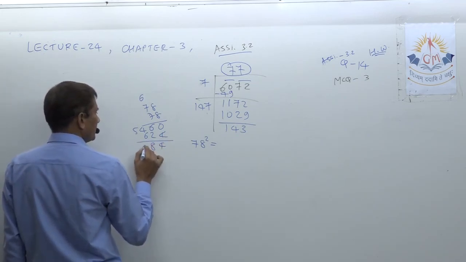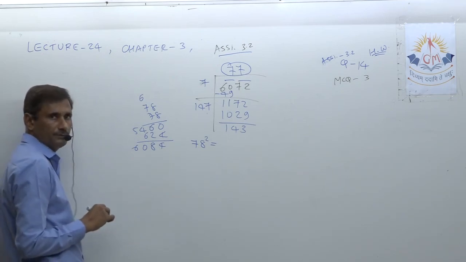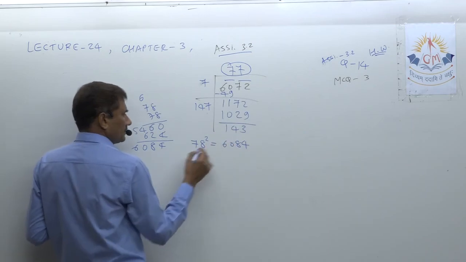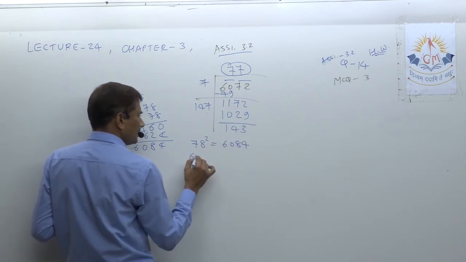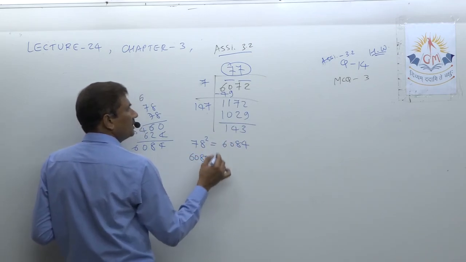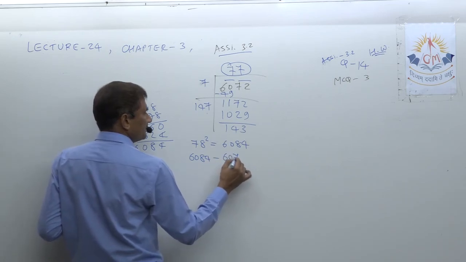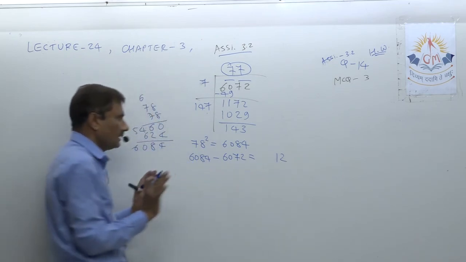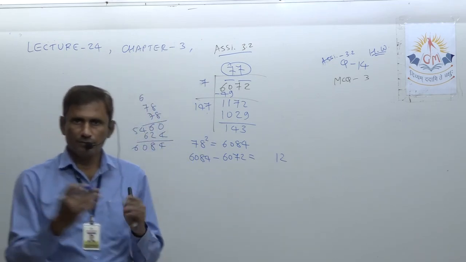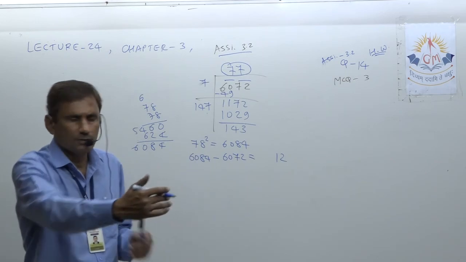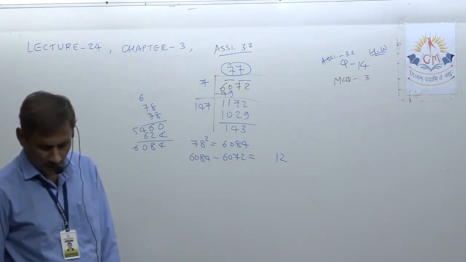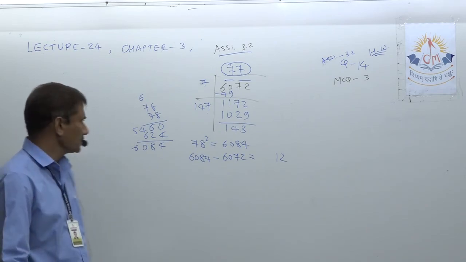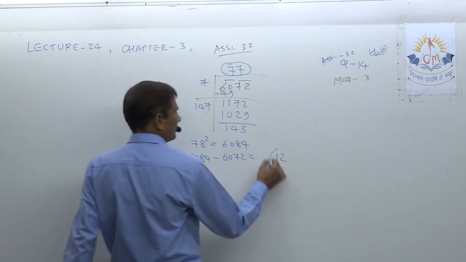4 8 6 6084. So it is 6084. So we are very close to that. So how much is needed? Let's take the difference of both. So we know how much we are short. Okay, 4 minus 2, 8 minus 7. Only 12 away. So we just jump 12 numbers so that we can reach there. So now you can say 12 should be added. Okay, so option A is there.